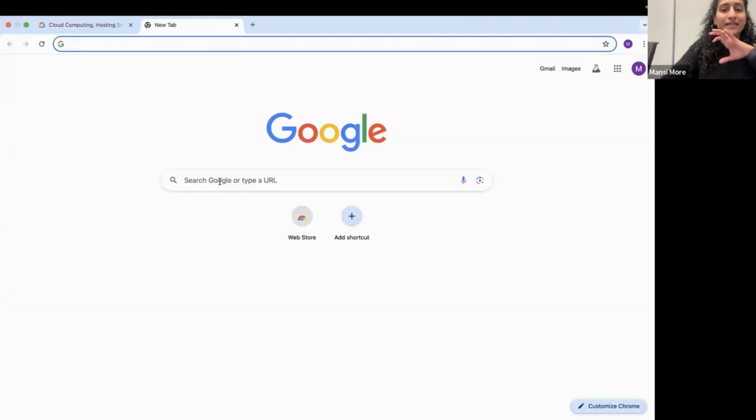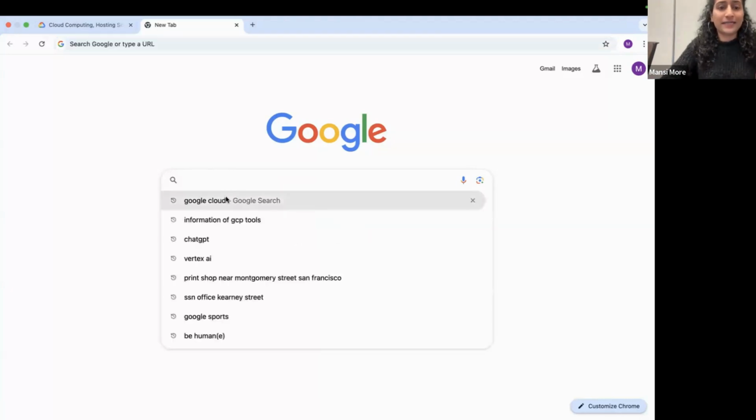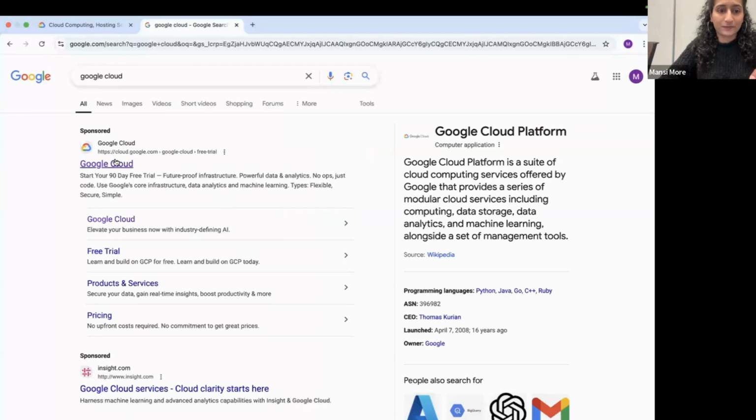So on the web, you can simply type Google Cloud. Because this is a hands-on session, I want to make it interactive. If you have any questions, you can put them in the chat box or feel free to unmute yourself and ask me. So, starting with the Google Cloud account, you can just type Google Cloud on the web,